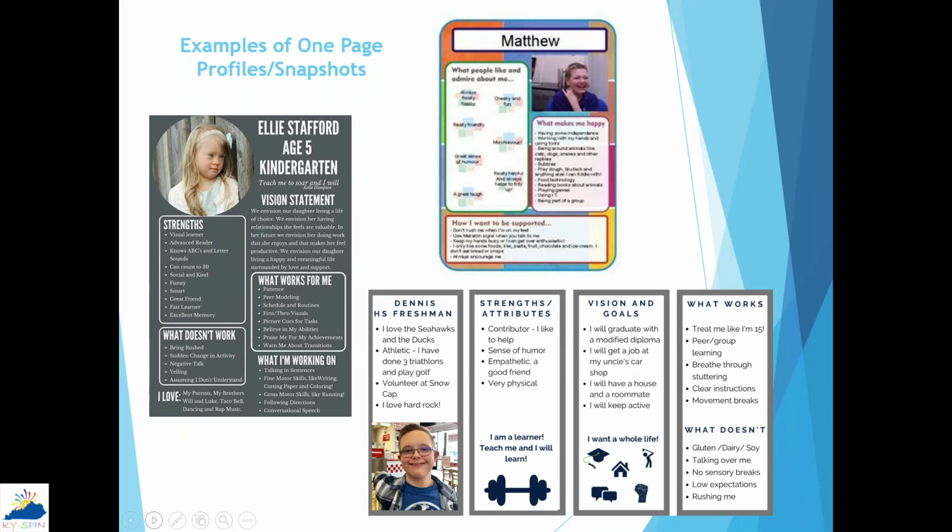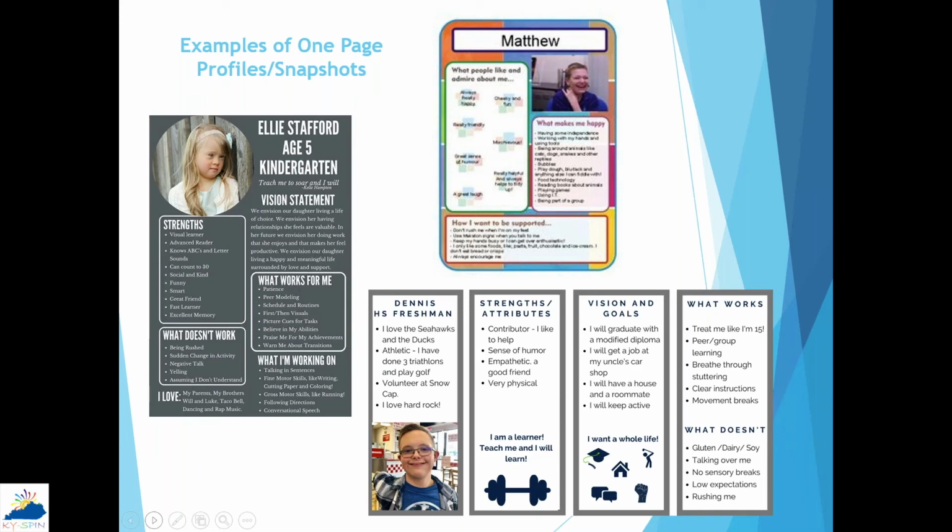And so you can see some of Ellie's strengths there in her vision statement and what works for her, and what's going on. I like it that it's in first person. So it's Ellie talking. It's her saying, this is what's important to me. It's Clayton saying, this is what's important to him. It's not what Stella, our mom, thinks is important. It's what Clayton thinks. It's not what Ellie's mom thinks that's important. It's what Ellie thinks. And I think that is a key point. If you're helping someone create one for themselves, for their child, make sure that you always do it that way.